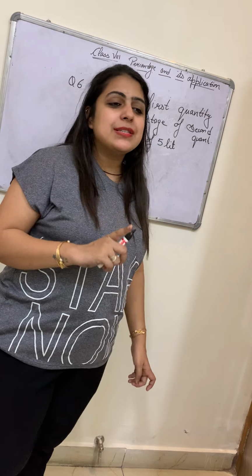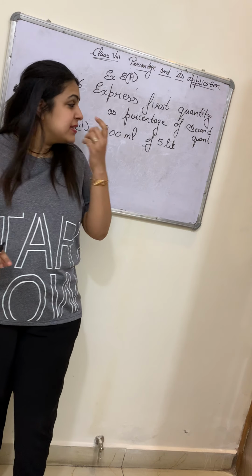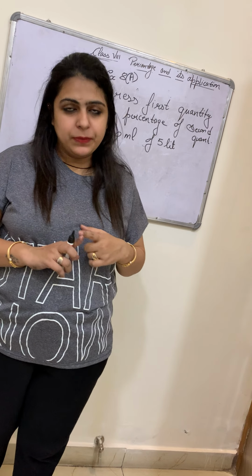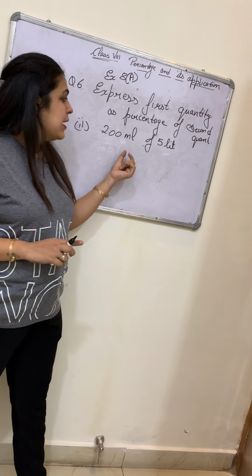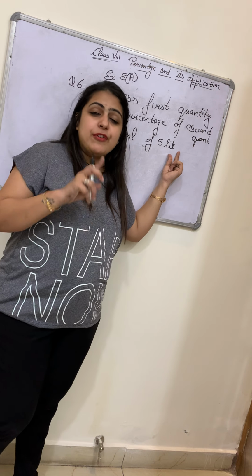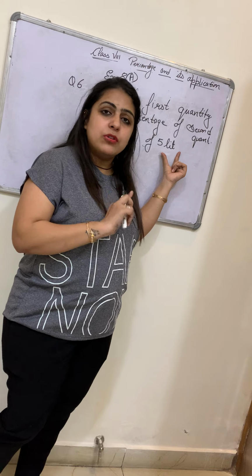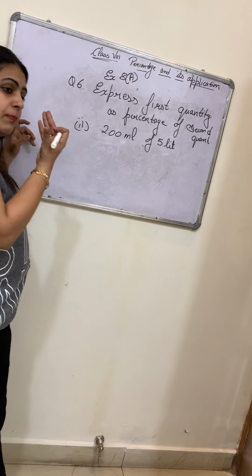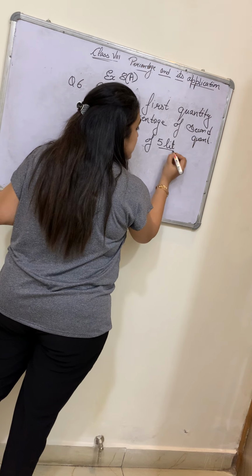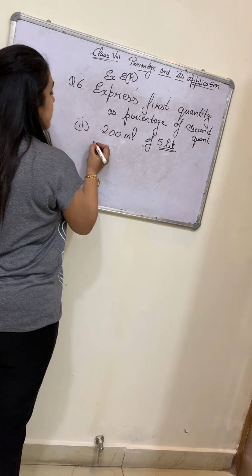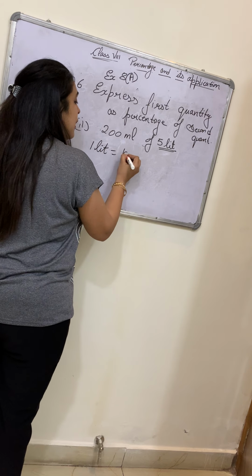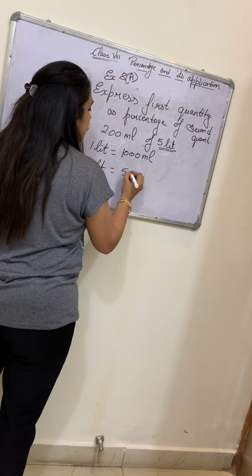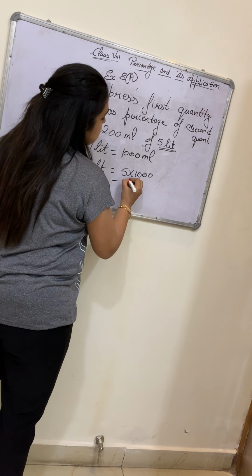Now the very first thing for such questions you have to remember is that both the units should be same, then only you can calculate it. Okay, whatever the units are, see here it is milliliter, here it is liter. First of all, the units of both the quantities should be same. That means if it is not same, we have to make it same. I'm going to change this liter into milliliter first. We know that 1 liter is 1000 milliliters. So 5 liters will be 5 into 1000, that is 5000